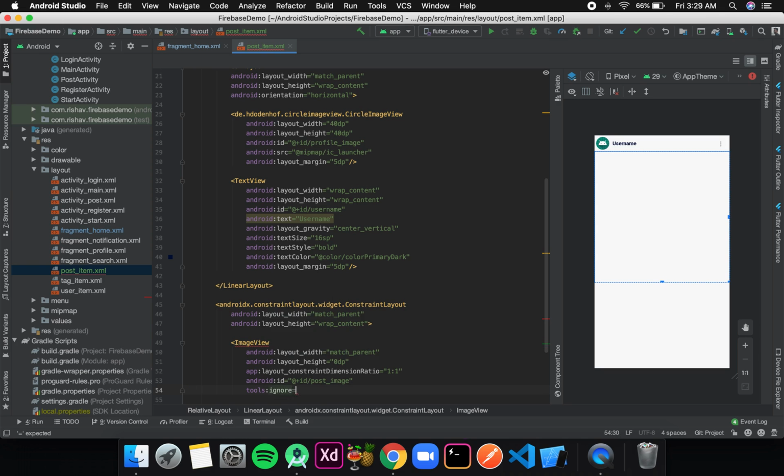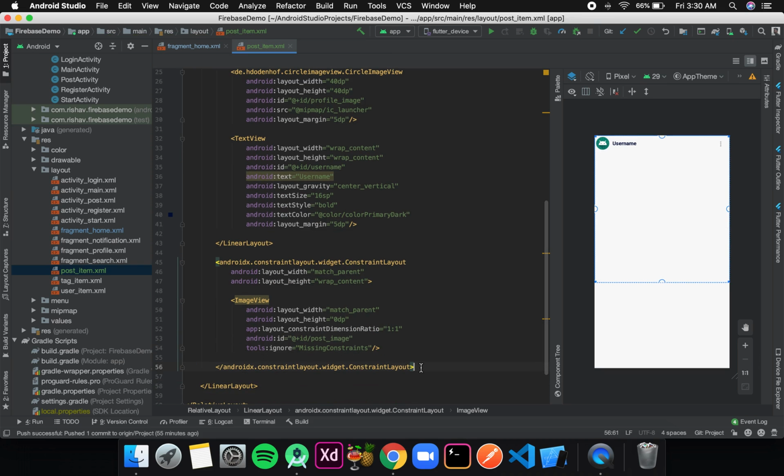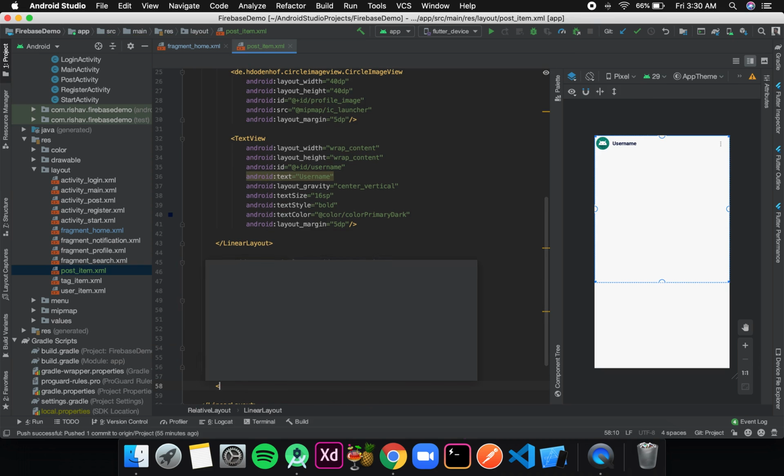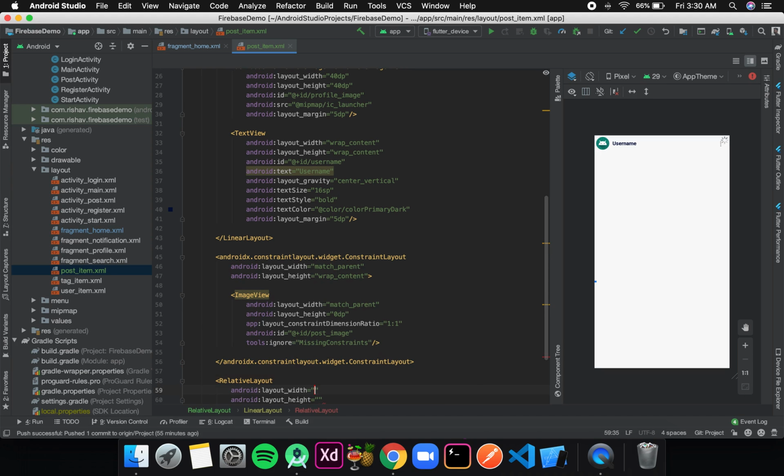Okay, then an equal to double quotes, and then we write missing constraint. Okay, and then we can just close this image view and come out of this constraint layout. Now after this constraint layout we have a relative layout, and the relative layout width is match parent,